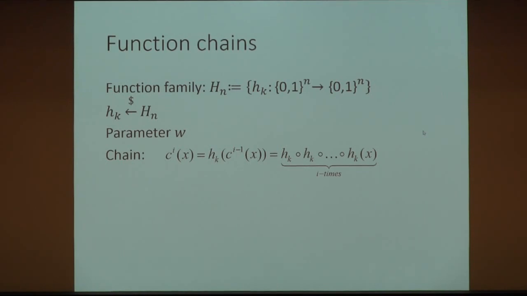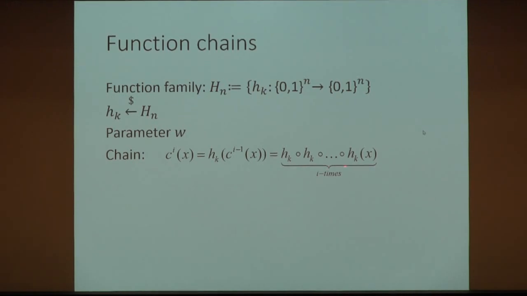Okay, so while this already shortened the one-time signature and also the one-time public key, you can do even better, and that's the real Winternitz idea. So this uses so-called function chains. And a function chain is simply some kind of iteration of a function family. And so the basic chain that was used in the original proposal for Winternitz is, given an input x, the ith element of the function chain,